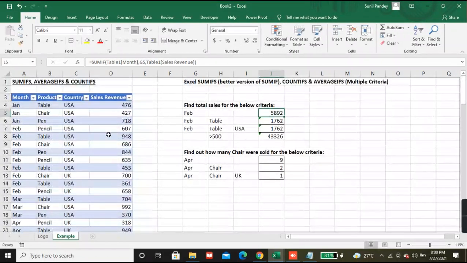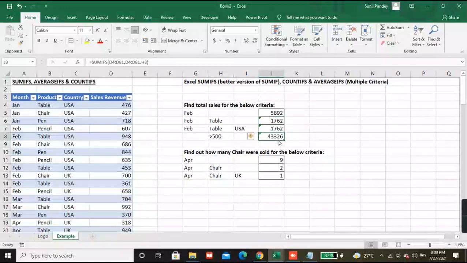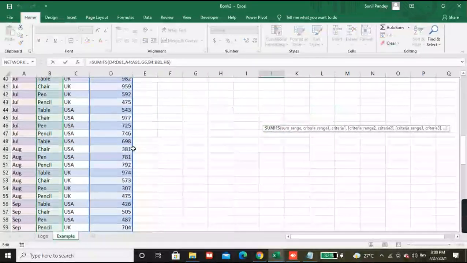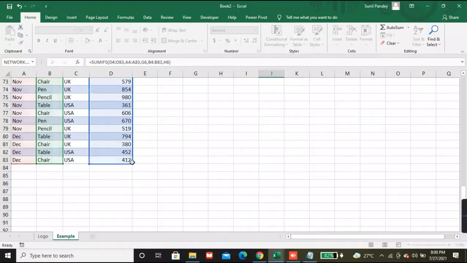Okay, so if you want to make data dynamic, you need to convert your data into a table.